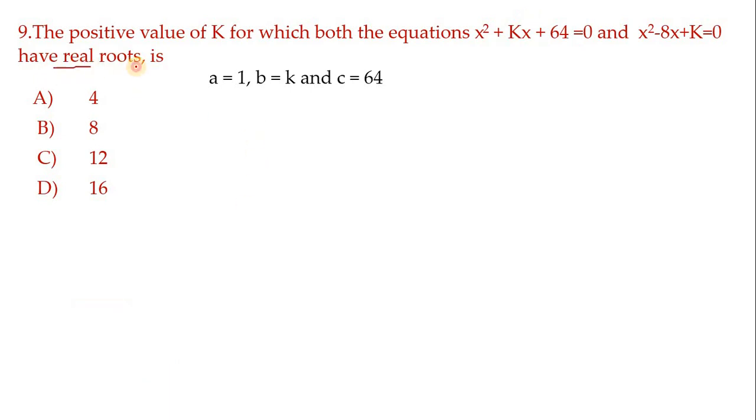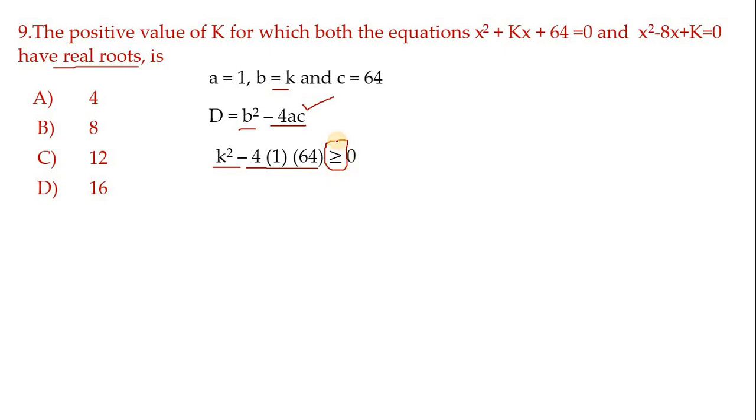Now they are talking about real roots. Now you have learned the discriminant table. There are two conditions where we get real roots: when D is greater than 0, as well as when D is equal to 0. Hence consider the discriminant finding formula, and this is the very important thing we want children to understand. So the b value is k here, hence I got k square minus 4AC, which means we get minus 4 into 1 into 64, and this is very important.